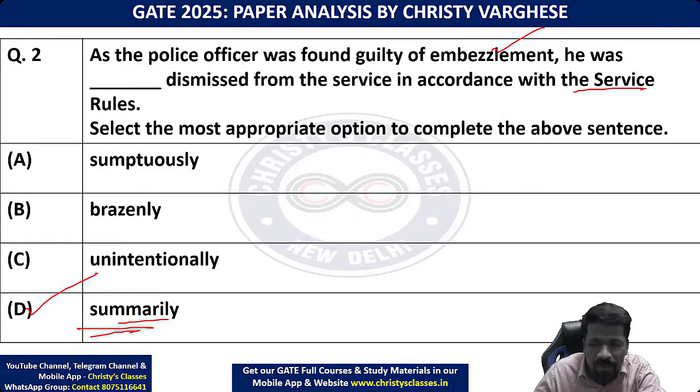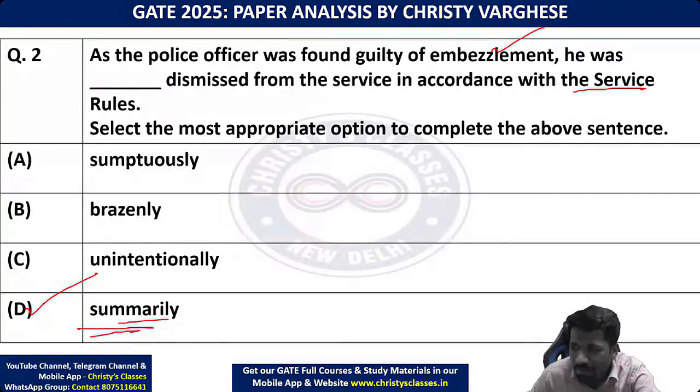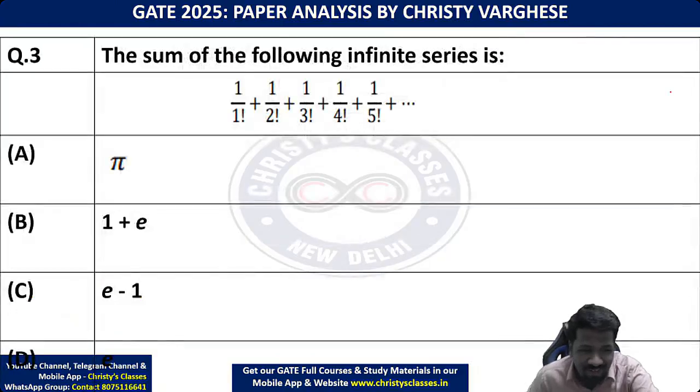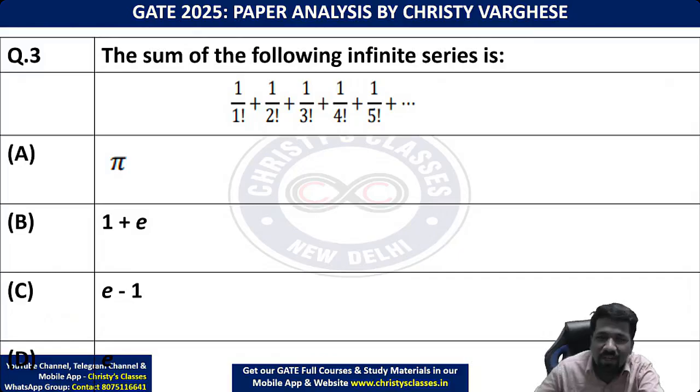Sometimes it may not come also, that's okay, but word power improve करना एग्जाम के लिए भी इंपॉर्टेंट है, आपका फ्यूचर इंटरव्यूज और अदर जॉब प्रोस्पेक्ट्स के लिए भी इंपॉर्टेंट है। फॉर्चुनेटली और अनफॉर्चुनेटली इंग्लिश इज एन इंपॉर्टेंट थिंग इन योर फ्यूचर। Maybe you will say we are in India, then why are we giving importance to English? That's a debatable topic. That is totally a different topic. But present scenario ऐसा है that your improvement in English is important for your job prospects and many other future prospects. इसलिए English improve करना will definitely help you. So try the next question.